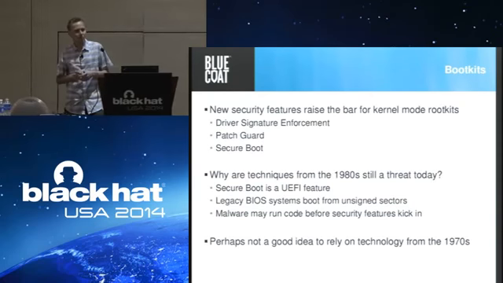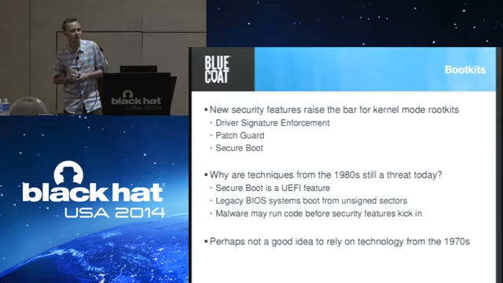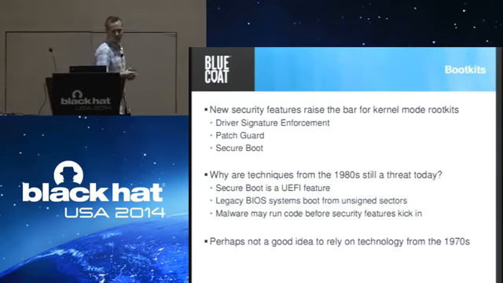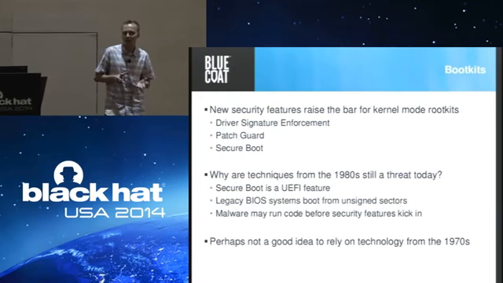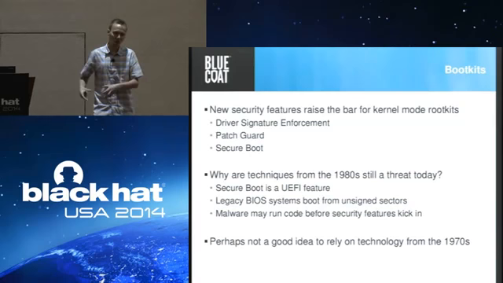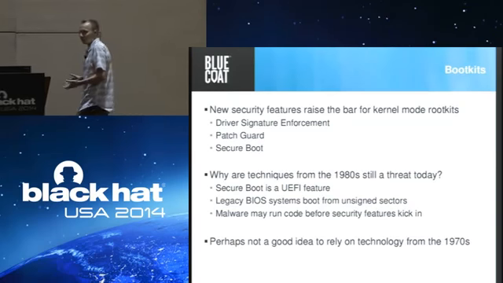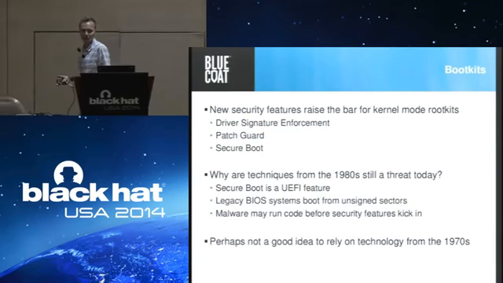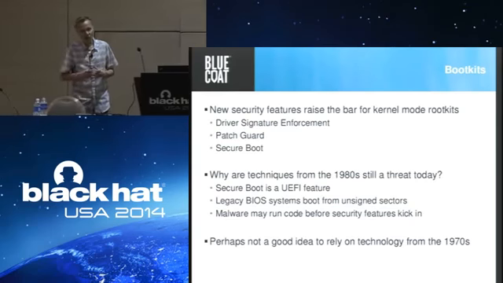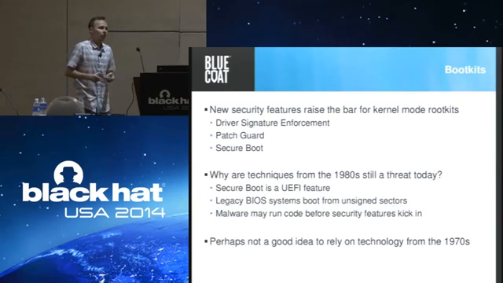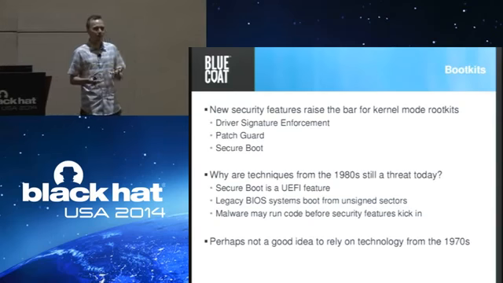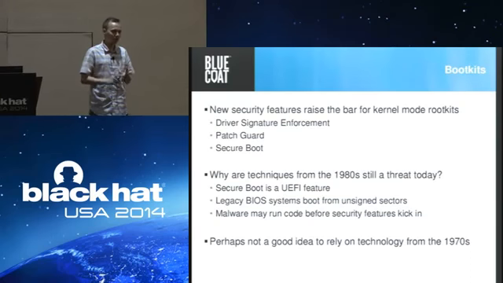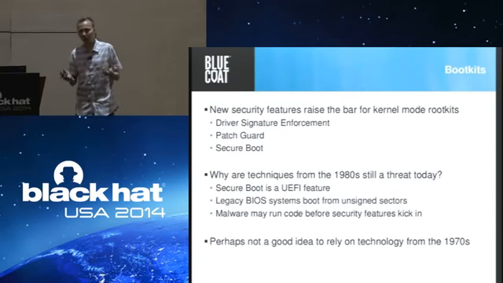So the main feature, the most important one I would say, is driver signature enforcement. Because from the rootkit's point of view, this makes it much harder for them to actually run code in kernel mode. And if you want to be a kernel mode rootkit, then you have to run code in kernel mode, right? The other thing they've introduced is PatchGuard, which makes it much harder for a rootkit to manipulate something in the kernel, which is what they typically like to do. They like to hook system calls, they like to modify some low-level operating system structures